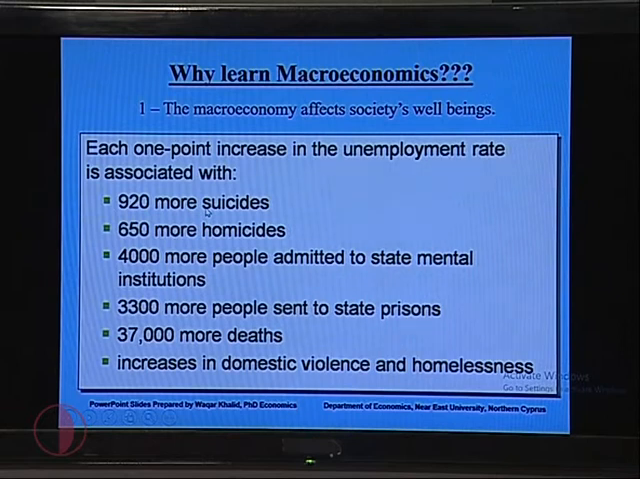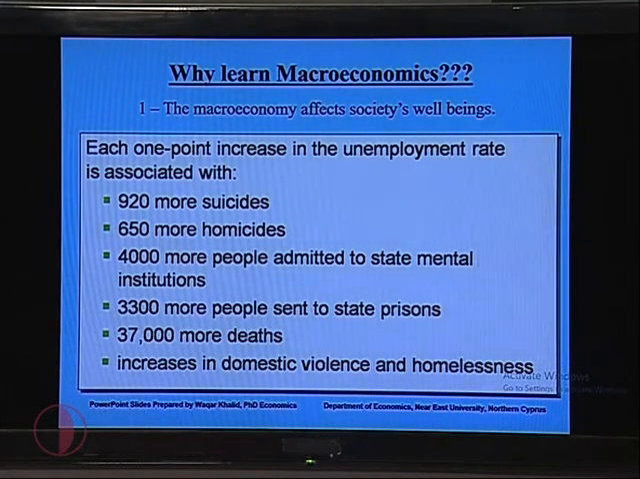How? Look at this data. If there is a 1% rise in the unemployment rate, how will it affect the living standard, and the behavior and attitude of different citizens? Look at this graph. If we have a 1% increase in the unemployment rate, there are 920 more suicides,